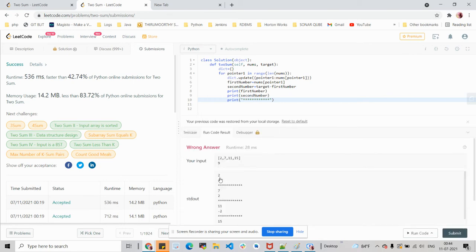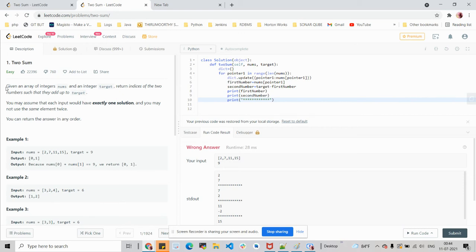So if you see this, for the first iteration, we have got two numbers, which is 2 and 7: 2 to be the first number, 7 to be the second number. And in the second iteration, we see the first number is 7 and the second number is 2. Third iteration, we see 11 as the first number and minus 2 as the second number. Whereas in the problem statement, it says that in the given array we have to choose two numbers, but we don't have a negative number in our given list because we are trying to find only two numbers from the given values.